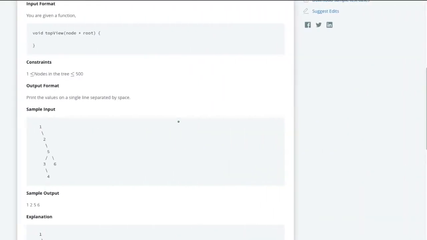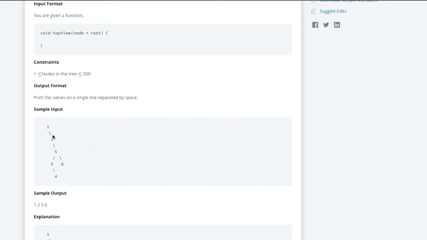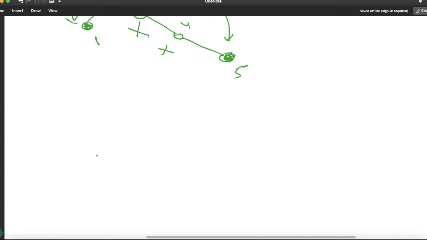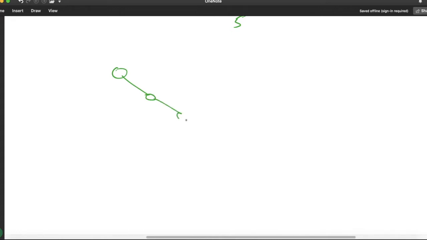Now let us take this sample input as our example. So here we have one node, one more node, one more right child, and after that we have one left child and one right child and one more right child, and the values are 1, 2, 5, 6, 3 and 4.